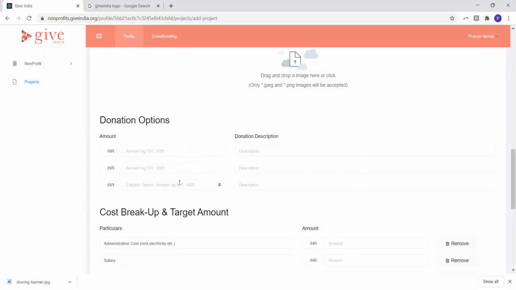While you will be required to submit 3 donation options, the last donation option is always editable on your project profile. So you can choose to leave it blank. So you can either enter 0 and that is all, or you can enter a representative high-end figure of 5 lakh and describe what the funds will be used for.